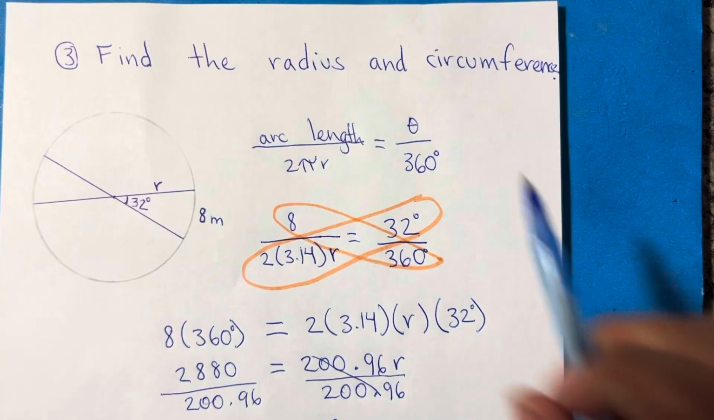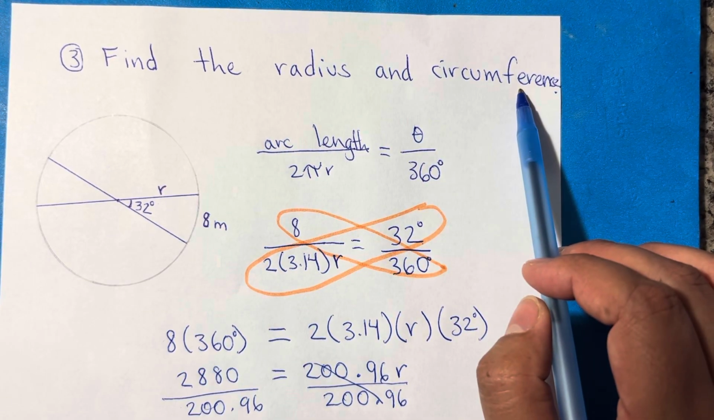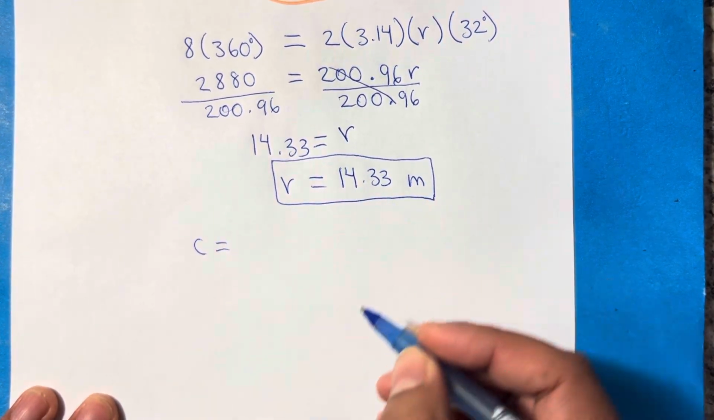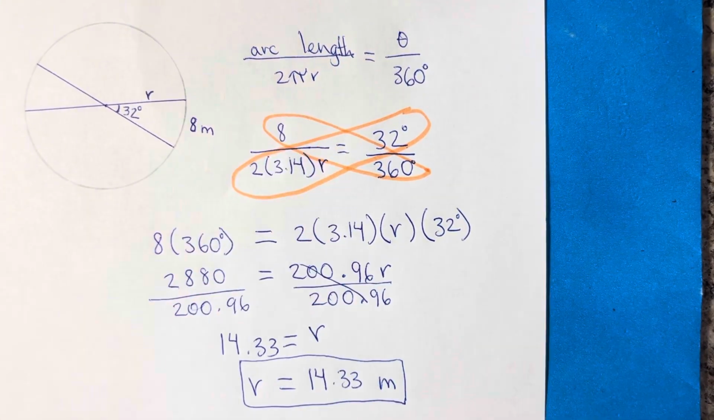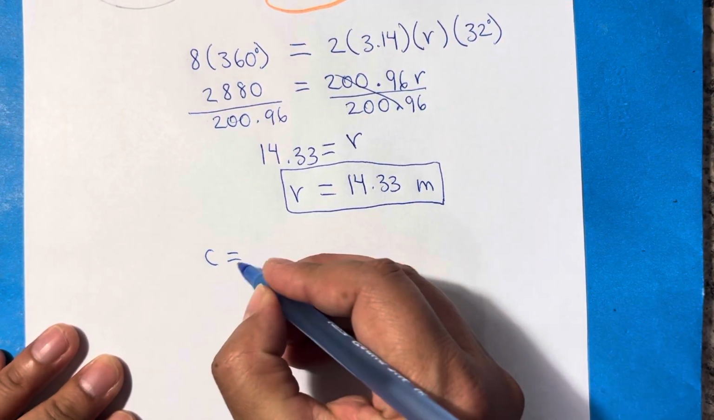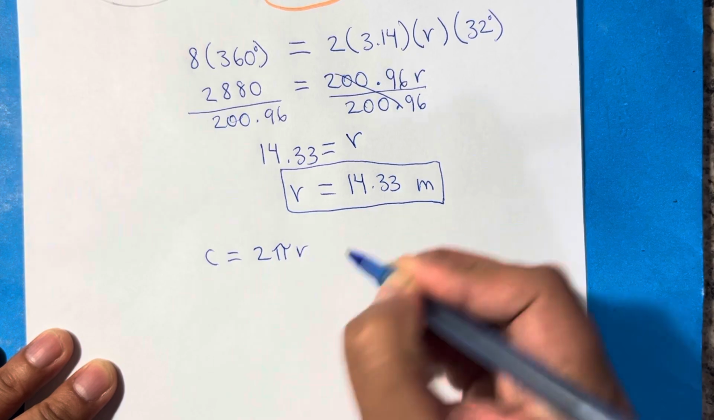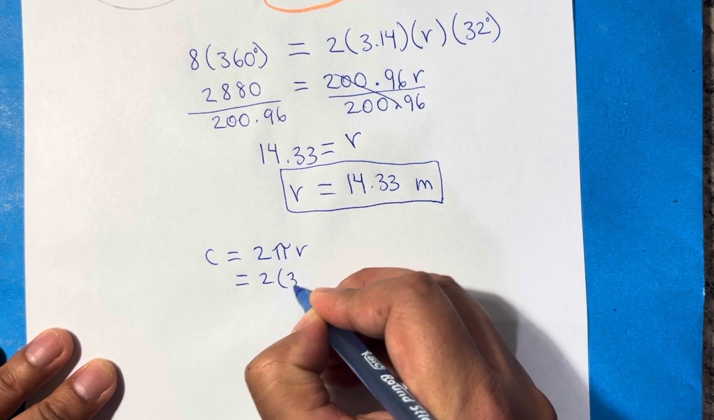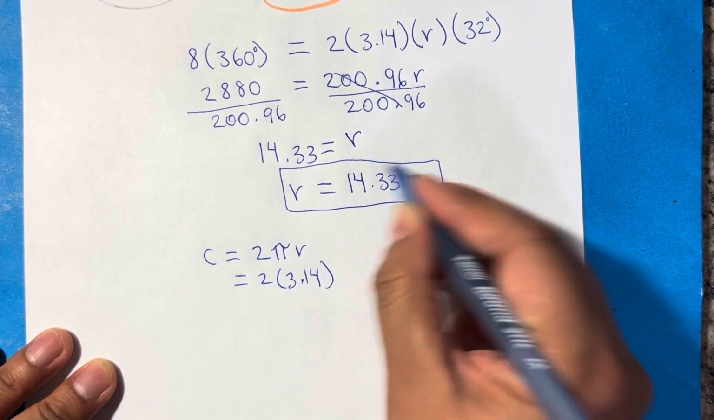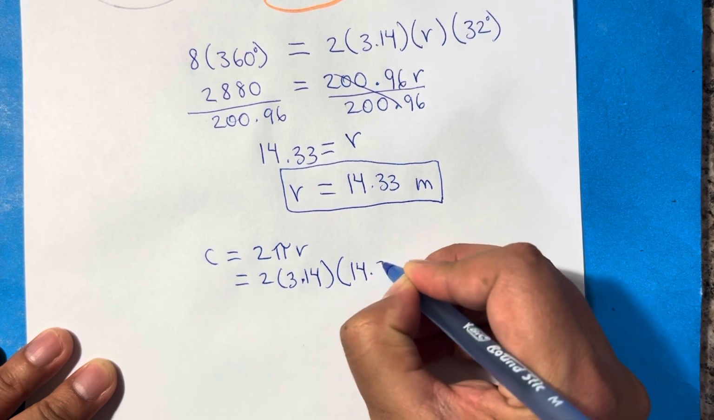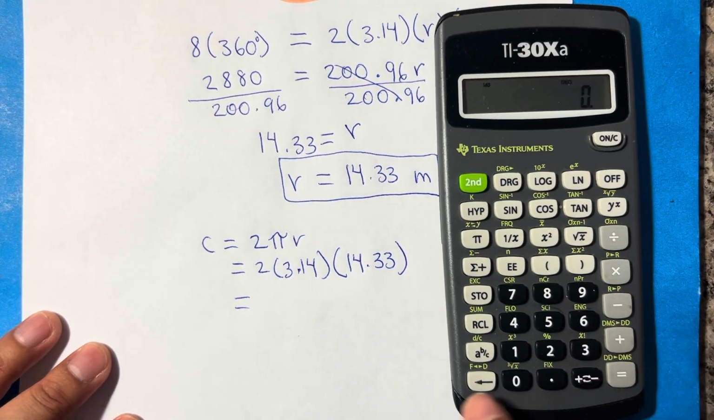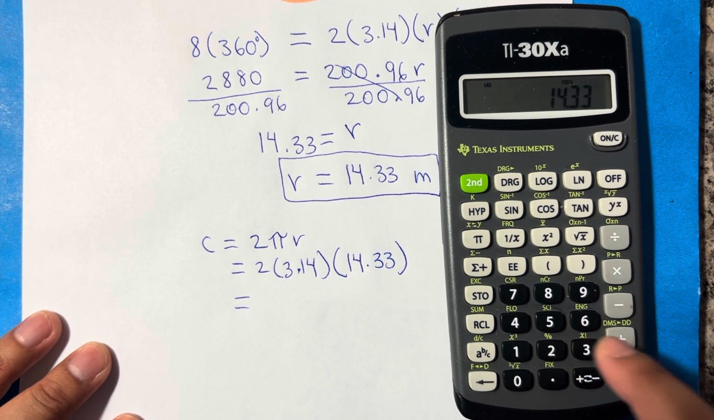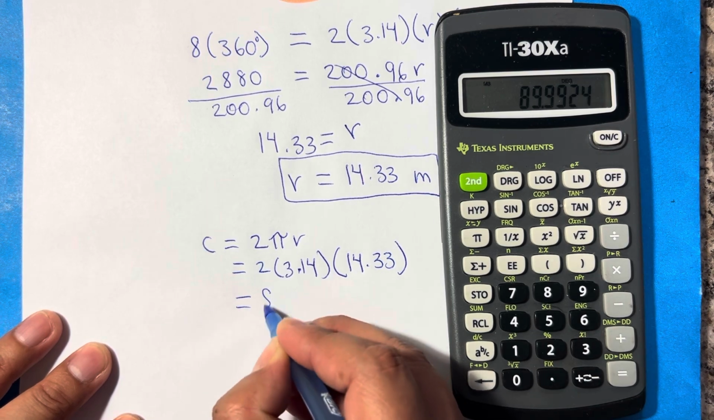So this one asked me to find not only the radius but also the circumference. So for the circumference, you're going to use the formula which is right here, underneath the arc length. So it's 2 pi r. And so we just substitute 2 times 3.14 times the radius, which we already found, which is 14.33 meters. We multiply 2 times 3.14 times 14.33, and it gives me